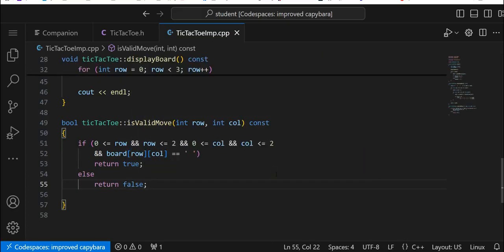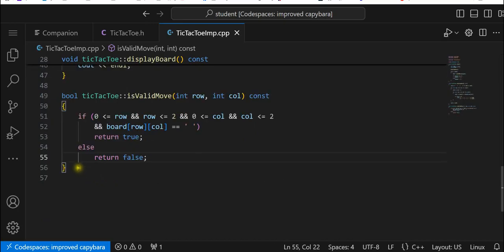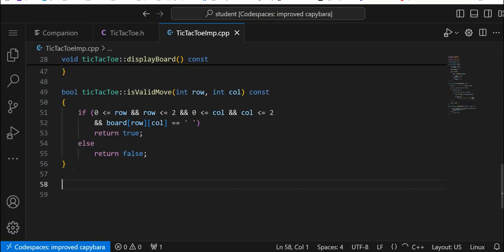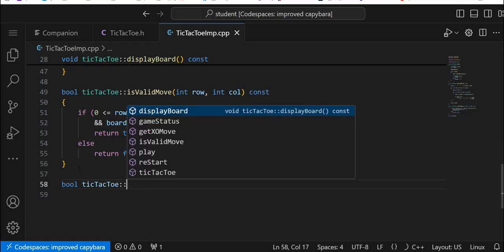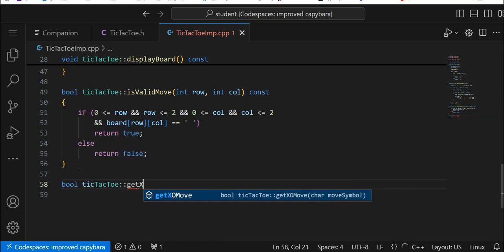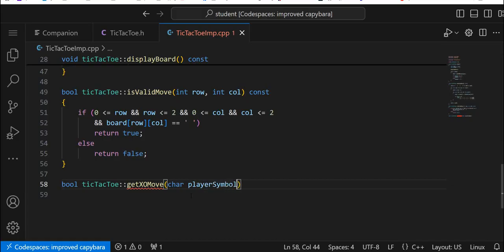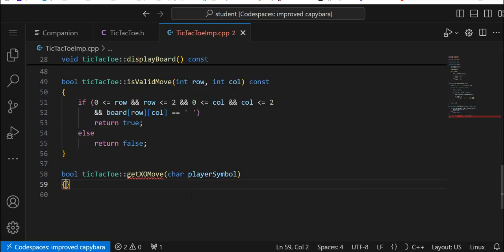Alright, so that function is complete. Now let's go to our getXOMove function. Should be a bool again. Tic tac toe. And let's go getXOMove. And remember the char is player symbol. Brackets there,